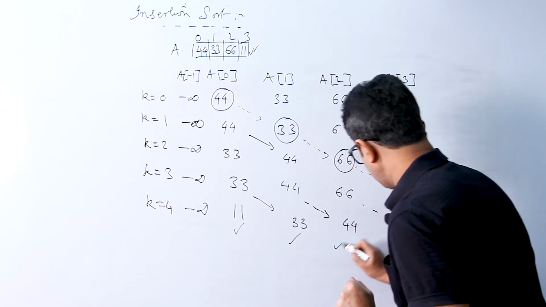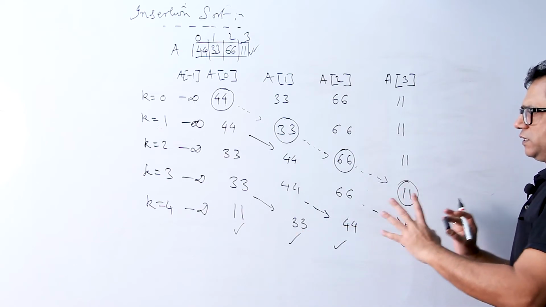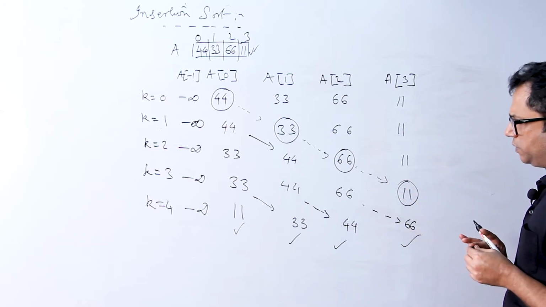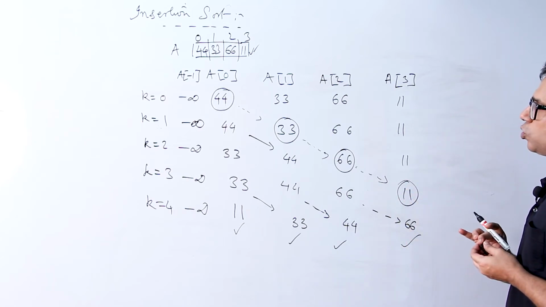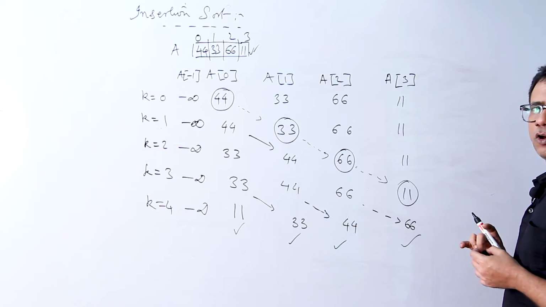11, 33, 44, 66, the array is sorted in ascending order. So, this is the entire underlying logic of the insertion sort algorithm, and we will discuss the code. After writing the code, I will get back to you with the explanation of the code section along with the